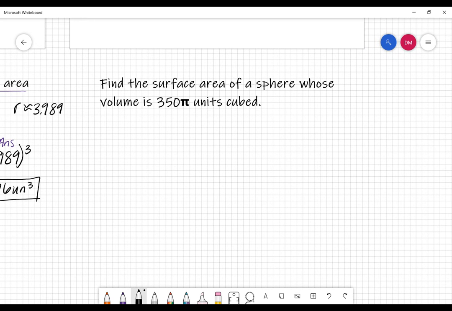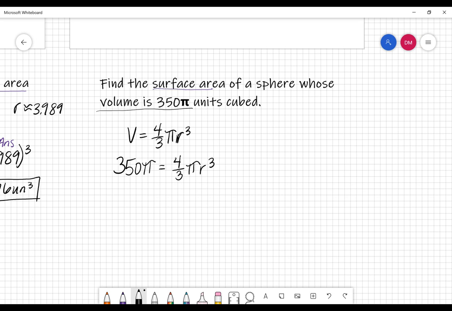Okay, the second example we're going to do. What if we want to find surface area and all we know here is the volume? Okay, so now again, that volume formula, 4/3 pi r cubed, I'm going to have to solve for r again, but now I know that my volume is 350 pi. So I'm going to plug that in on the other side of my formula here, and we're going to solve